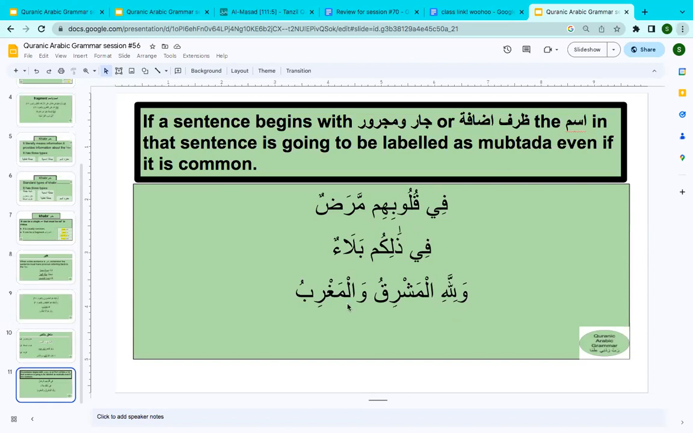Walillahi al-mashriqu wal-maghrib. This is clear because it is proper, and a mubtada should be proper. So there is no confusion here. There is no rocket science here that we are going to call it mubtada. But remember that if you see jar wal majroor, dharf, or idafa at the beginning of a sentence, label even a common ism after it as mubtada. You have that in your notes, inshallah. Okay? So bismillah. Now the last thing was,